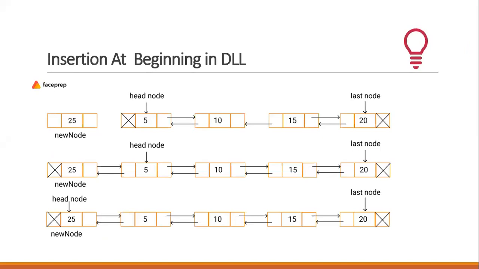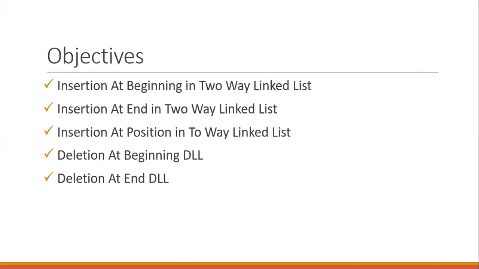Also, one more thing that we know is that whenever we talk about a doubly linked list, it is going to have a previous part in the node. So there are three parts in the node now: a previous, next, and the data itself. And whenever we talk about a doubly linked list, we are going to maintain two pointers. The first pointer is the begin pointer, and the last pointer can either be known as the last pointer or the end pointer. It can be anything, but basically there are two pointers which are maintained.